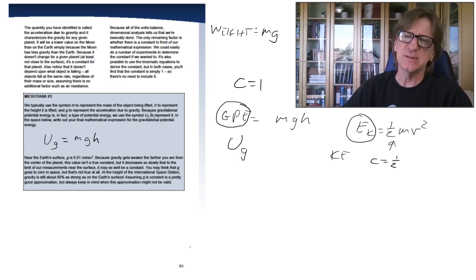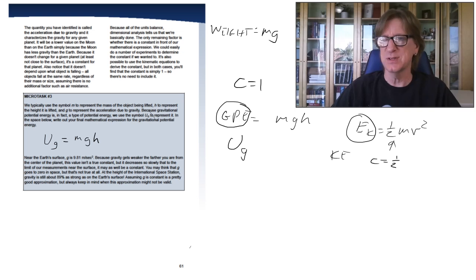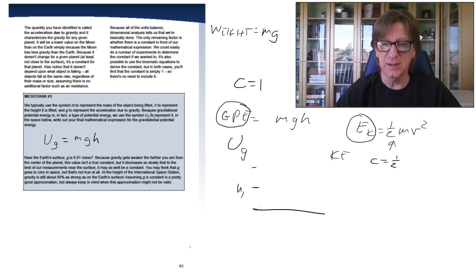9.81. Let me ask you this. Does it matter what the direction of the gravity is for this? Does it matter if G is positive or negative? Is the energy a vector? No, it's not. Now the energy can change. If I start here, this is the ground, and I start at this height 1 and I take something up to this height 2, so maybe I take my ball and bring it all the way up to here, I've got a change in energy, and that stored energy might be positive in this case